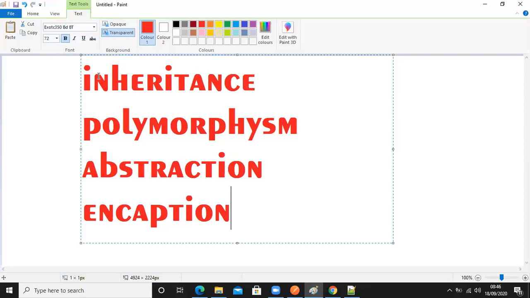What is inheritance? Inheritance is an object thing. Object is a physical entity. You say what is an object? An object is a real-time entity. What is a real-time entity? In Java, is there any real-time entity? Can you get any object out of Java or JavaScript? Then how do you say it's a real-time entity? Real-time entity means, please understand, it's a physical thing. They are explaining object-oriented, physically how it is.